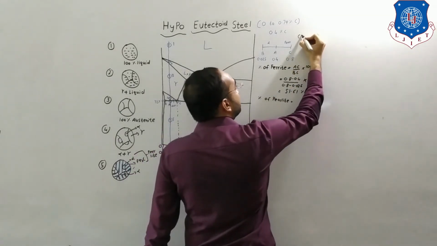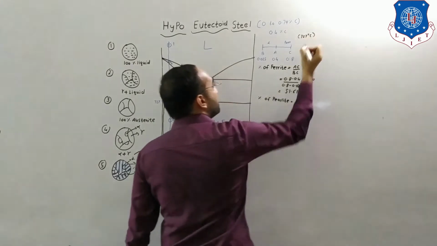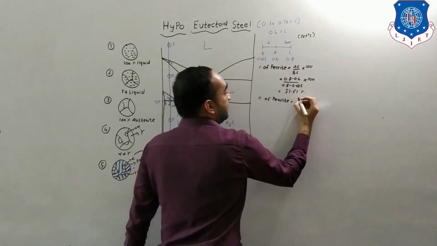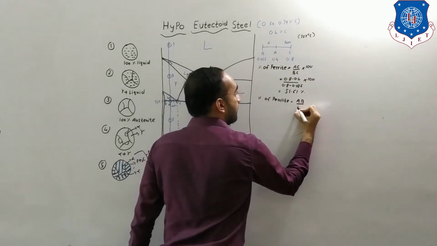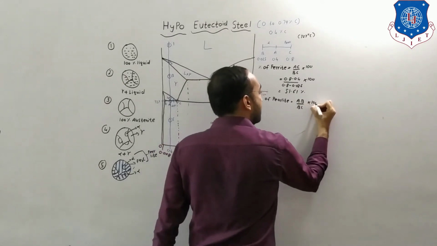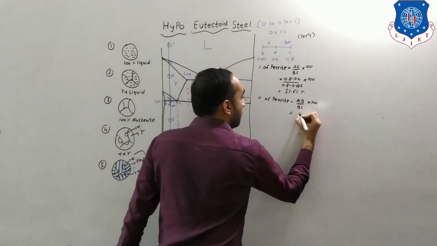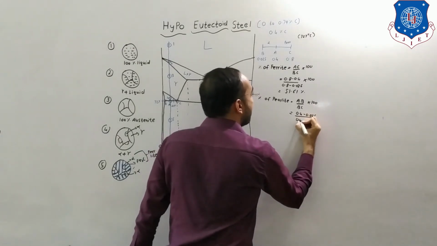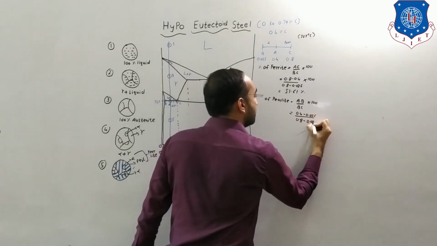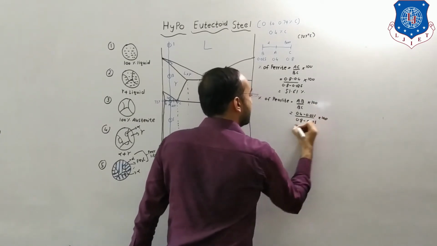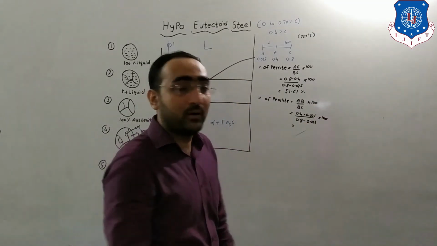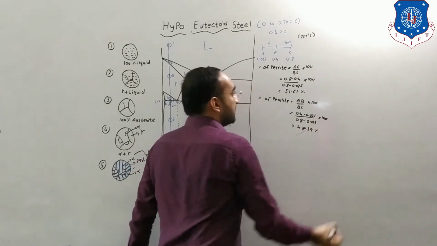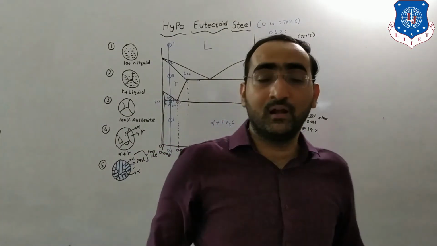Same way, if we want to find the percentage of pearlite at this 727 degrees Celsius mark, the percentage of pearlite will be equal to the opposite side, that is AB upon BC multiplied by 100. AB, that is 0.4 minus 0.025 divided by 0.8 minus 0.025, multiplied by 100, will be equal to 48.39%. So this is how you can find it out.